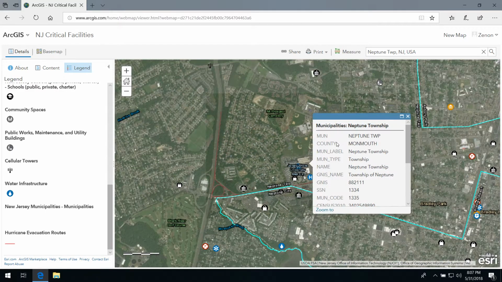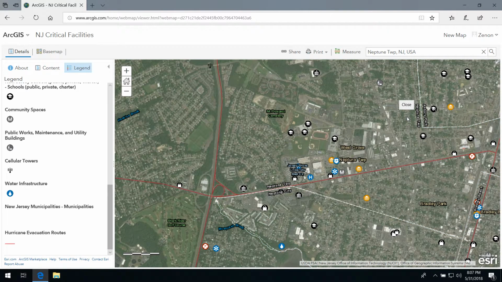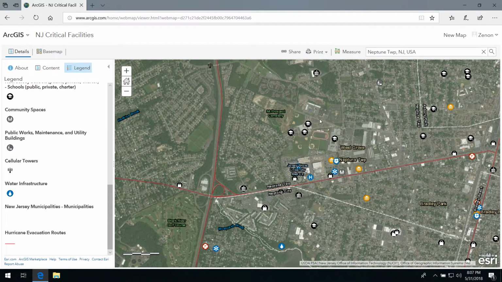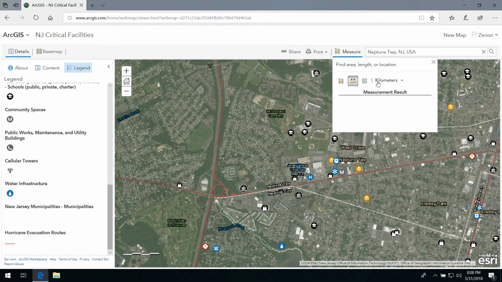So in the example that was shown in the tutorial, the Jersey Shore University Medical Center was used as an anchor institution. So here you can click on it and see various information, and you can measure the distances around the